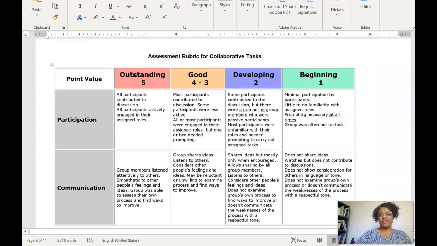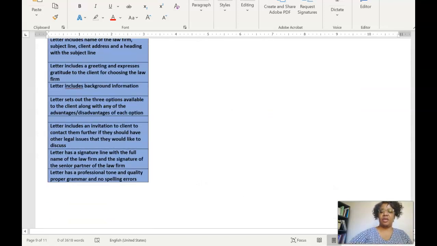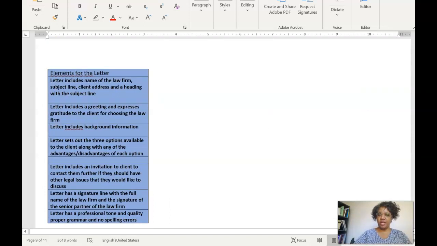Please remember that the materials gatherer, in addition to providing an organized environment on Teams, should also give feedback at the end of the meeting to each person individually about how well they carried out their roles. And finally, when you're writing your letter, keep in mind all of the elements for the letter that are expected to be there by using this rubric.